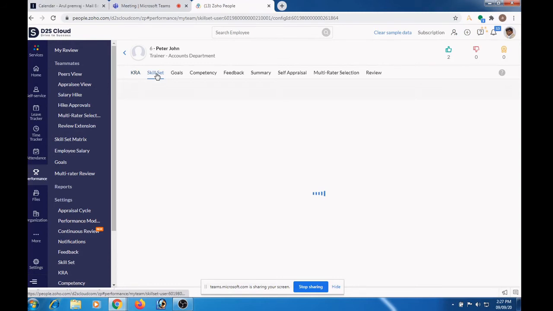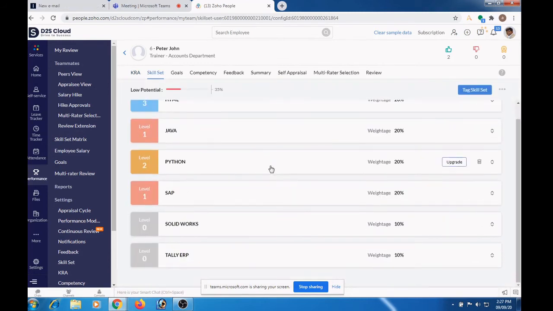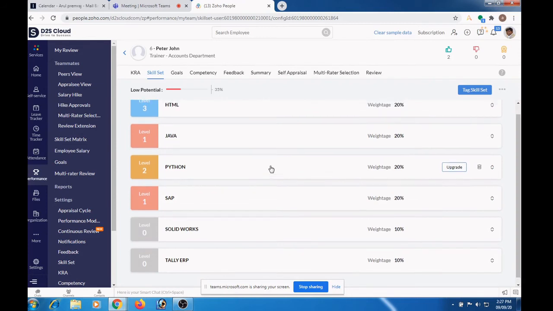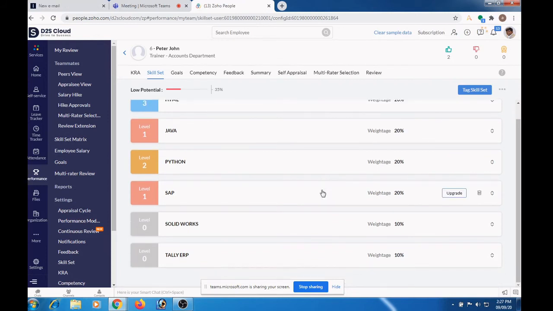Next, skill set. These are the skills that are associated with this particular employee. The reviewers can upgrade the skill set using the upgrade button. If an employee grows in an organization, his number of skill set will get increased.